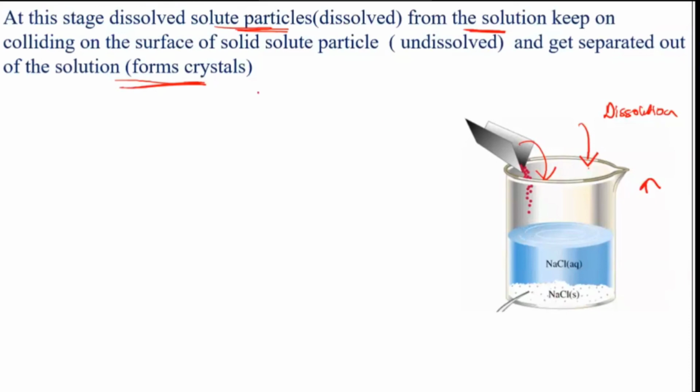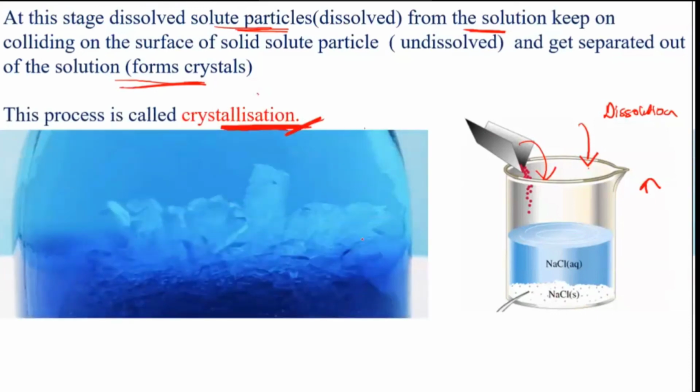So when you have a saturated solution, remember there is a process taking place, that is crystallization. If you have more solute, more crystals will come out. The solute which has gone into the solution, at the same rate comes out in the form of solid. That process is called the crystallization process. That's how purification is done. If you want crystals to be formed, they make a saturated solution, and from that even supersaturated solutions are prepared so that more crystals will come out of the solution. At this stage you can see, if you are able to see this picture,